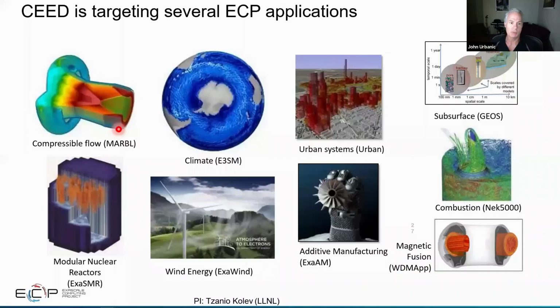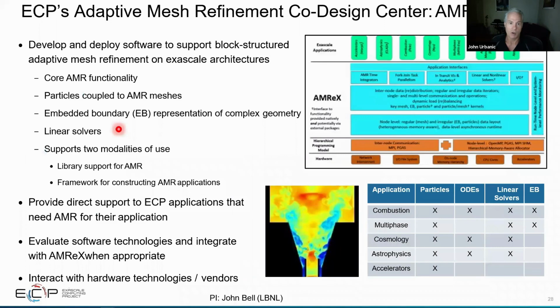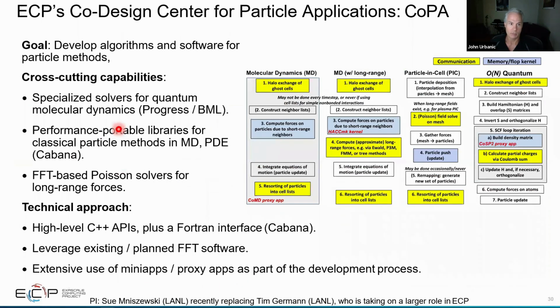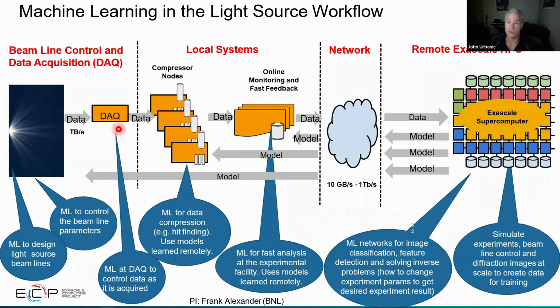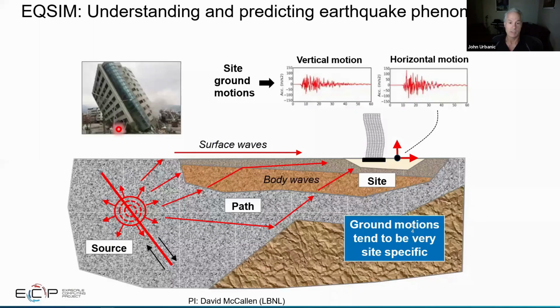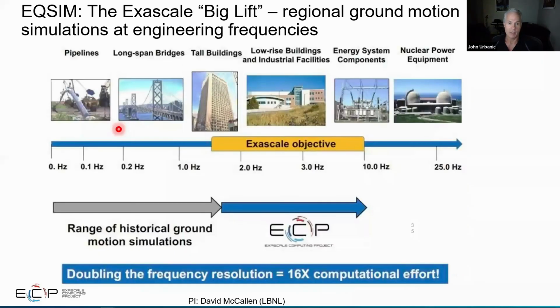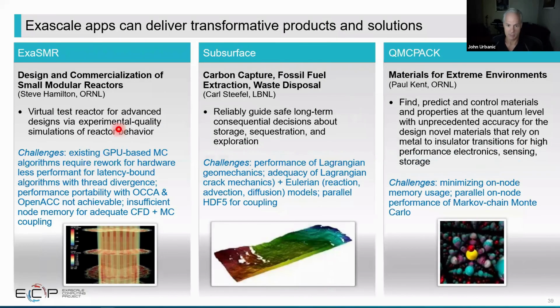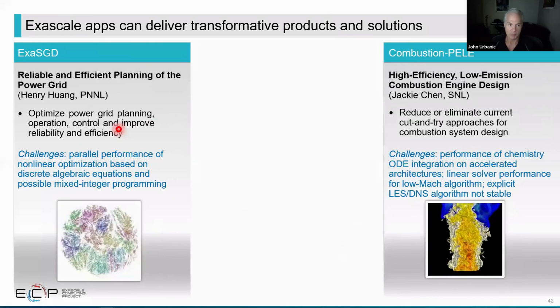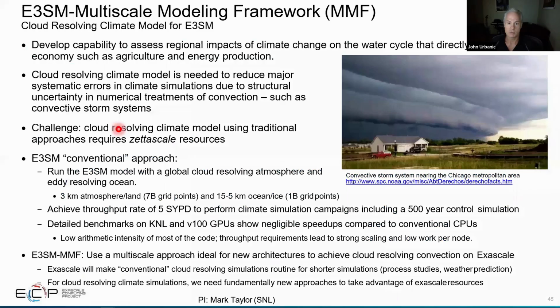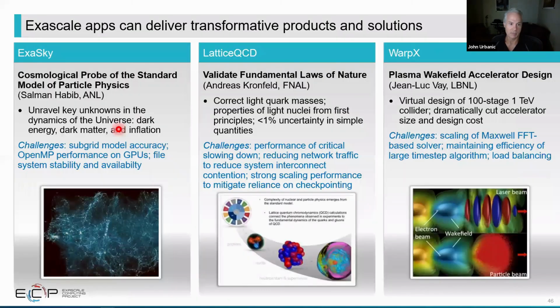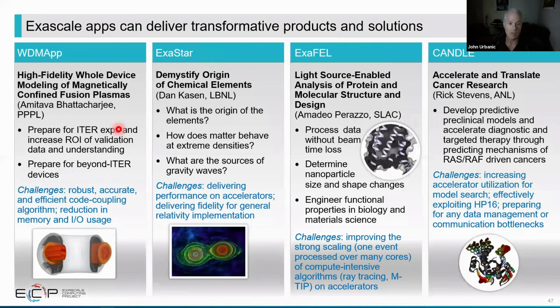And if you want to see examples of the kind of applications these things are targeted to, here are a bunch of them, and these are all MPI-based. I won't step through these, but I give them as a teaser to you. They're not by any means comprehensive, but these are applications that are very much meant to be working on day one on these Exascale platforms, and they're all running on the pre-Exascale platforms. So if any of these strike your attention in particular, let me know. We can talk about them a little bit because I'm familiar with many of them, but that's just a sampling of those.